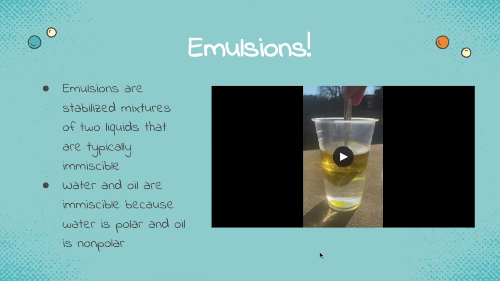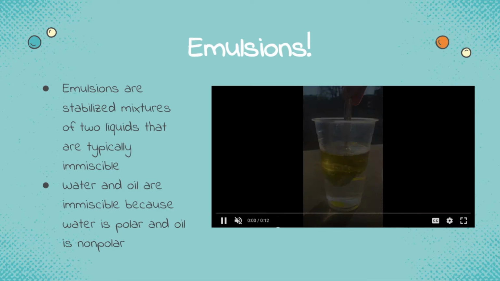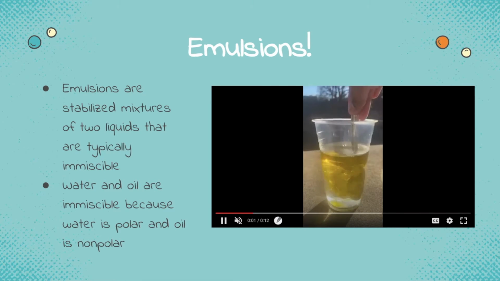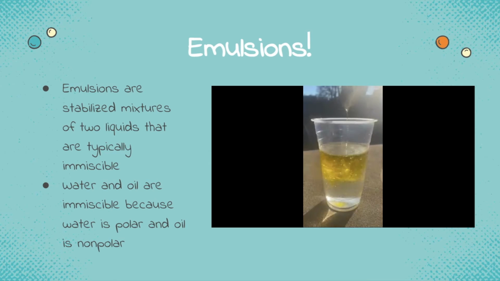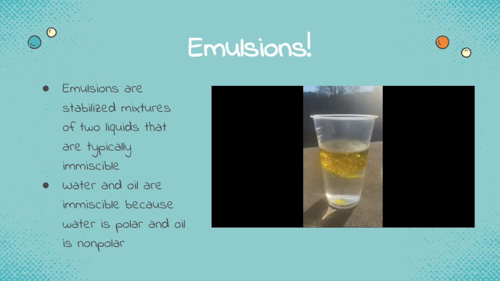Emulsions are stabilized mixtures of two liquids that are typically immiscible when mixed together. For instance, I'm sure many of us were told that water and oil do not mix. This occurs because water contains polar molecules and oil contains nonpolar molecules that are not attracted to one another. Because of the difference in polarity, the two liquids form two separate layers as seen in the video to your